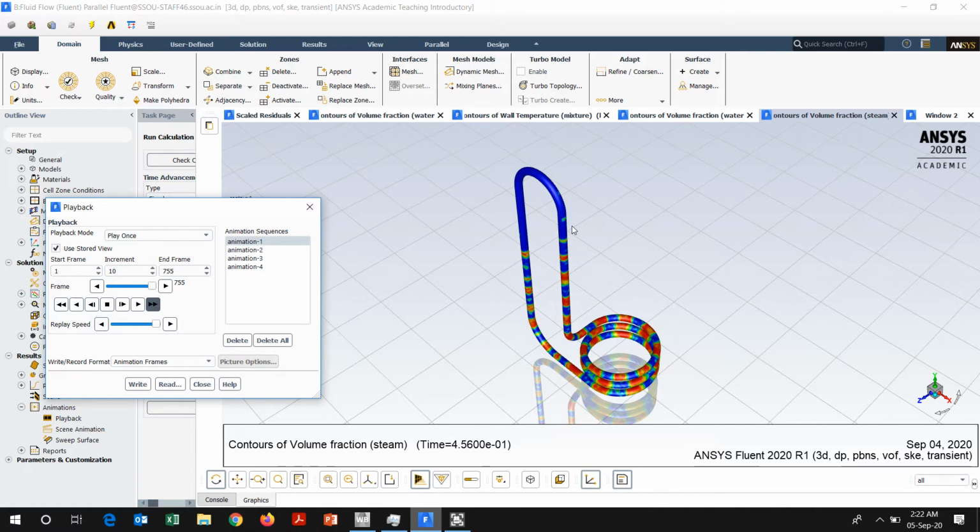Again I will give the increment of 10. We'll see how it affects the wall temperature. Initially only the heater part is subjected to the heating condition. Now you can observe some slight variation in the temperature of the wall, and this will go on further. You can see the temperature scale for your reference here also. The red color shows the higher value of temperature, and in the condenser section you observe the temperatures are quite a bit less.